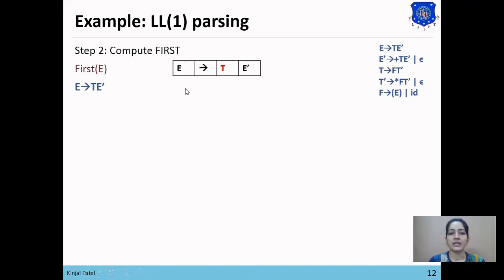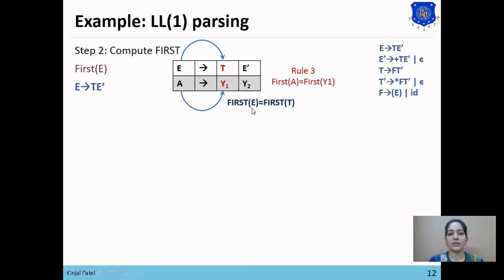Now we'll compare this rule with the three rules, and it matches the third rule, as there are two non-terminal symbols on the right hand side. So it matches A produce y1 y2. Rule 3 says that if there is a non-terminal at the first position, then first of T will be added into first of E. So for that we need to find first of T.